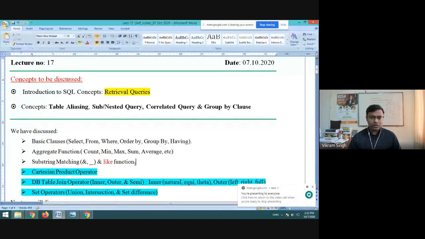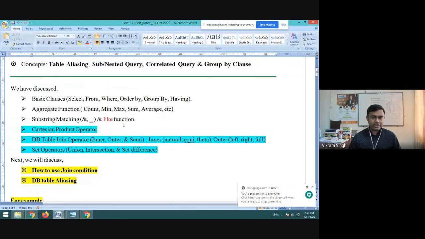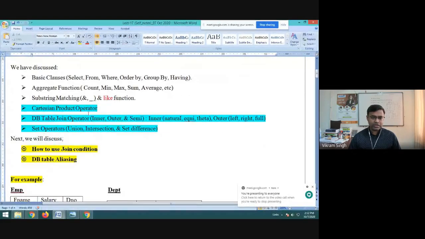Okay. So till the previous class, we have discussed starting from basic clauses, then aggregate functions, substring matching, and like function, then Cartesian product. We have discussed what is the Cartesian product in a retrieval query, what is the effect of it, and what is the resultant table we will be getting.